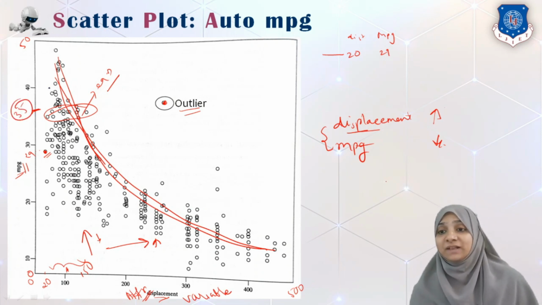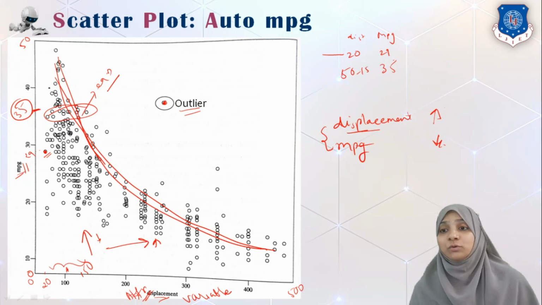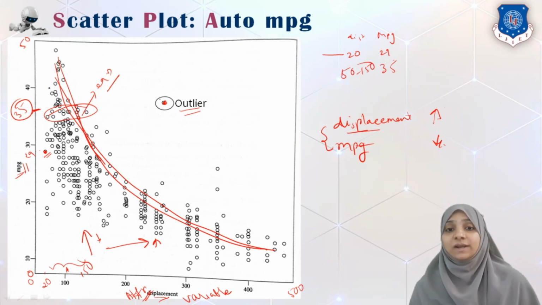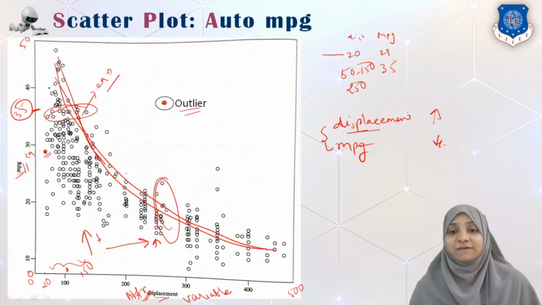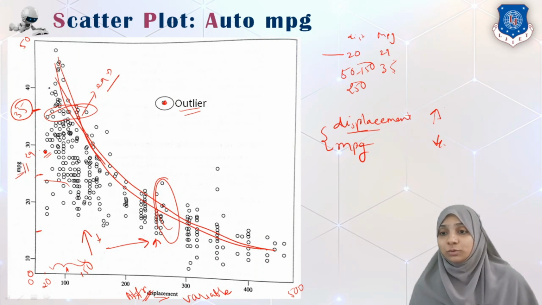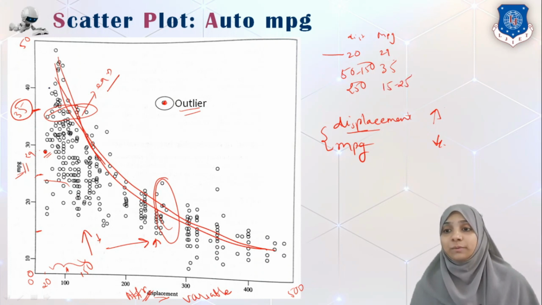That means if miles per gallon has value 35, then my displacement must range from 50 to 150. But for this sample, it is not 50 to 150. And any data set with displacement of say 250 must have miles per gallon from 15 to 25.